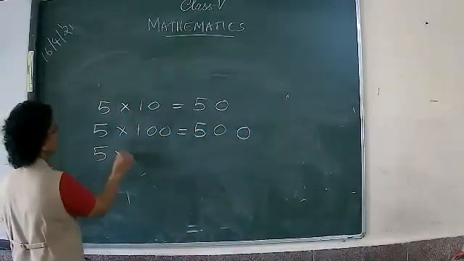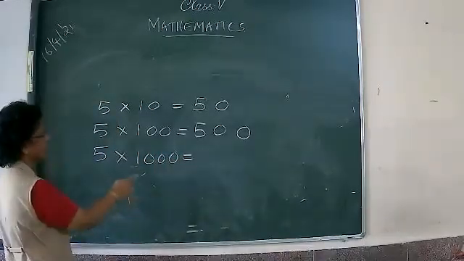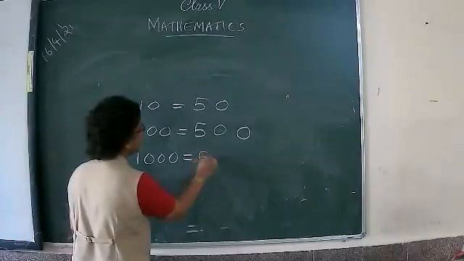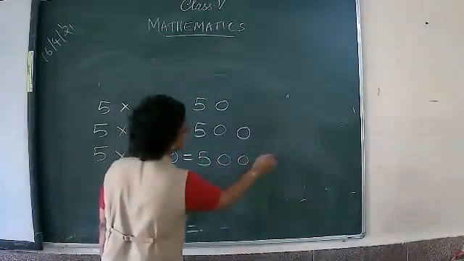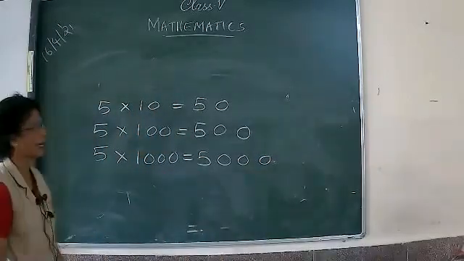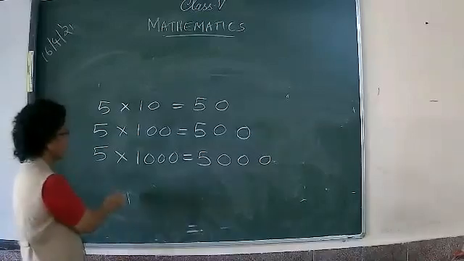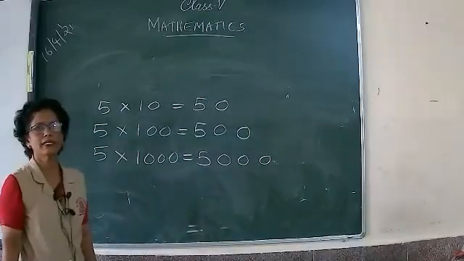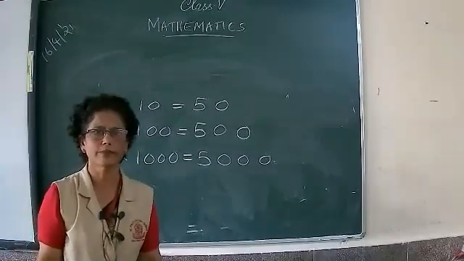If you have to multiply 5 by 1000 there, what you have to do there? No need of multiplication there. You write 5 there and you see how many zeros are there. That number of zeros you are going to put there. Like that it goes on there. Understood there? That is also one property there. Okay, children? I hope that all of you have understood all the properties there.